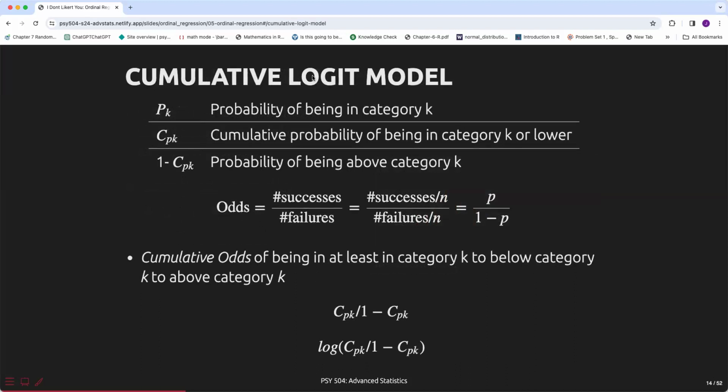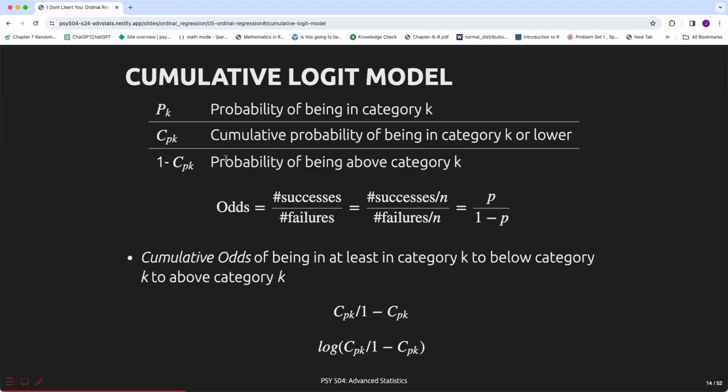So the second thing we need is a link function. There are several different link functions we can use for these type of models, but we're just going to use the logit model, right? And I think that makes it similar to what we talked about last week with logistic regression. So if you remember, for logistic regression, we look at the log odds, where the odds is the probability of something happening, or whatever is 1, divided by something not happening, or whatever is 0, right? With cumulative